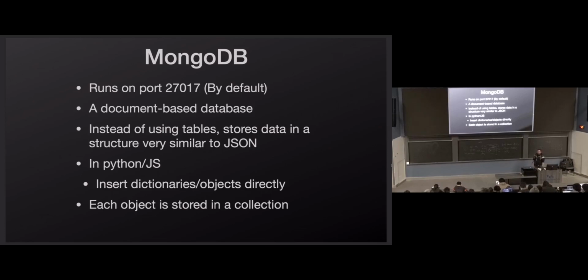So MongoDB is a document-based database, meaning you effectively take JSON objects and just stuff them into the database, and then it just stores your JSON objects, which it refers to in its documentation as documents. This is just like your dictionaries in Python, your objects in JavaScript. If you're using one of those two languages, which most students in this class use, most of you will use Python, you just take your Python dictionaries and you say, hey MongoDB, store this for me. And that's it. It's stored.